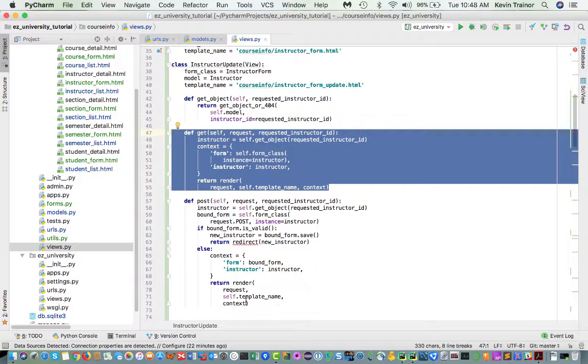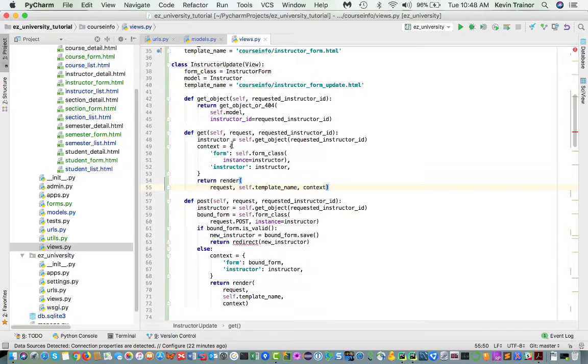Whereas when we are submitting the form, we click on a button that says that we want to update the instructor, and it just so happens that in the HTML form we've said that that's going to use post. Okay, so that's how we decide what each of these are. The code for the get,